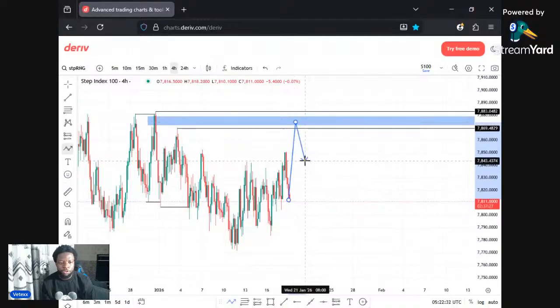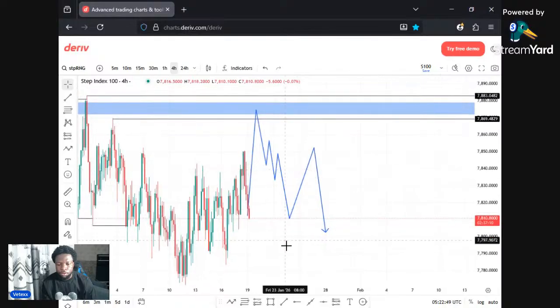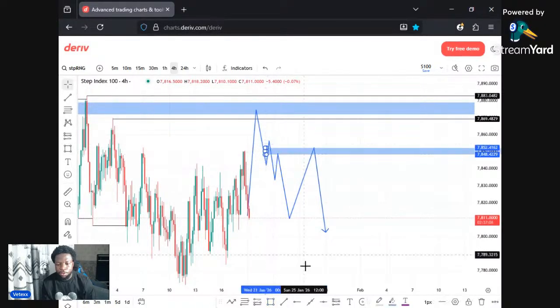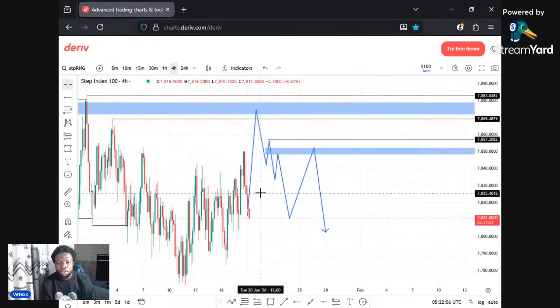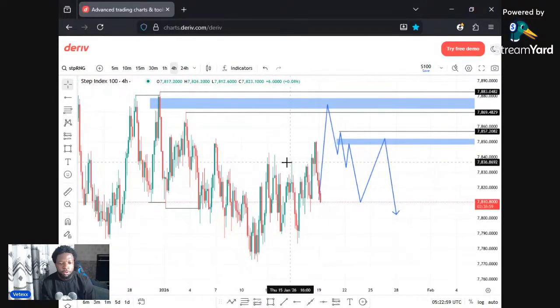Then we look out for continuation on the 15 minutes time frame. So this is what we'll be expecting on the 15 minutes time frame. We're anticipating a continuation on the 15 minutes time frame like this, so that we can take more trades. So if price taps into this zone on the 4-hour time frame,